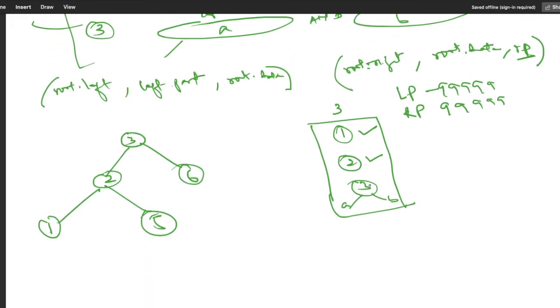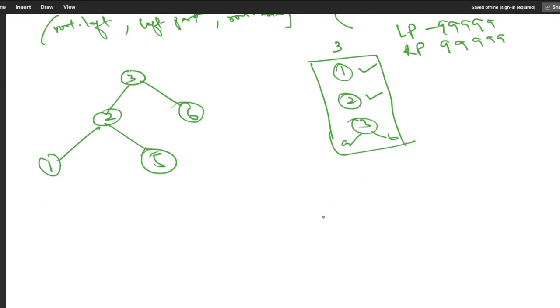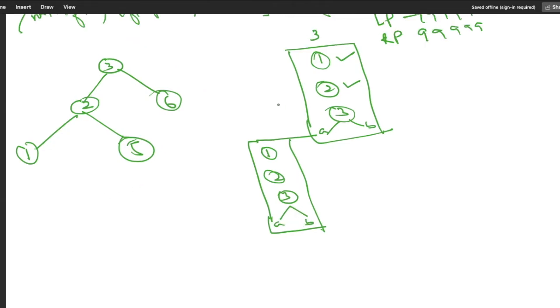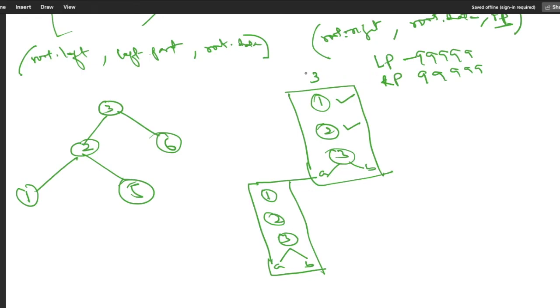In line number 3 we have called the same function. So let me draw again: the very first line, second line, there will be 3 lines, 1, 2 and 3, and 3 has two things, A and B condition check, correct? So here we are drawing a recursion tree. This is for the left part. For this node we are passing root dot left. Root dot left is node 2.